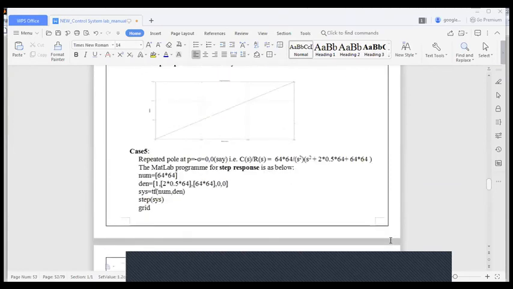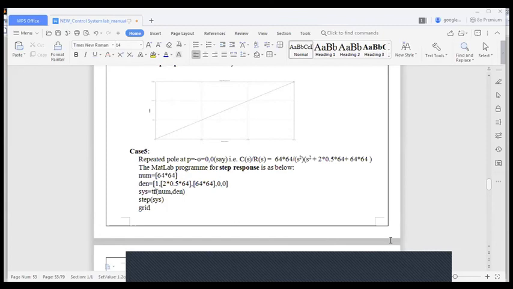Like this, there are so many cases. In next case, case 5, we have repeated pole at sigma equal to 0. Repeated pole. How do you reflect this in the system transfer function? Again it is in the denominator s square, because you have repeated pole at p equal to sigma equal to 0, so you have 0, 0. That's why it is s square. So again, only change in the equation. Other steps remain same.